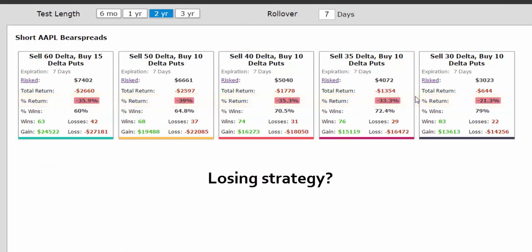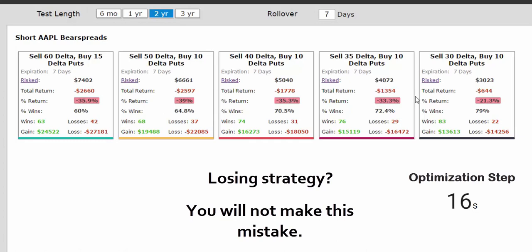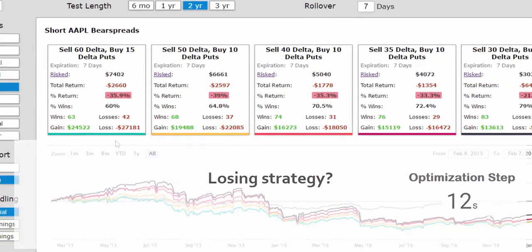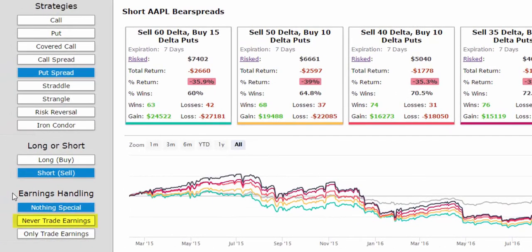They assume that selling a put spread in Apple has been a loser. This is where they're wrong and you're right. Let's remember this negative 21.3%. That's where we're starting. Now what we'll do is go to earnings handling, and we want to avoid the risk